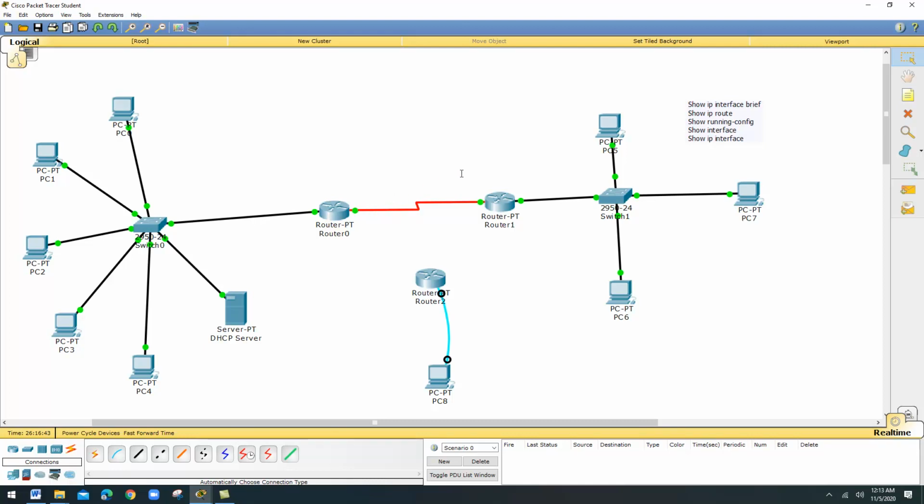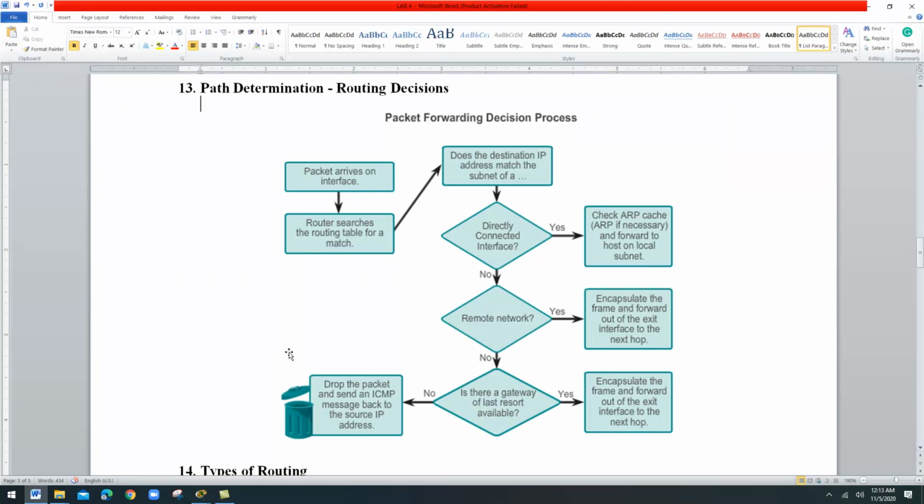Then my packet reaches the next router. In the next router, I tell it I want to go to the 10 network, or I want to go to Muscat. Again this router is going to search in the routing table and find the path, instructing me to take left, take right, or go straight. Based on the instruction, my packet is going to move. This is the usual thing. The same concept we are now going to study by using a flow chart.